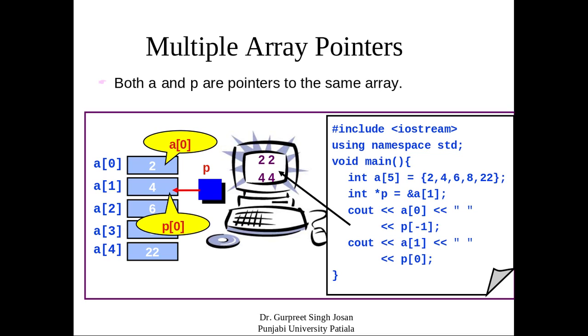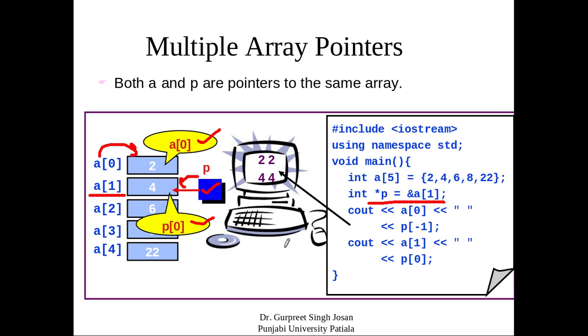So you can also do this kind of task, that instead of writing a, you can assign it any other location also. For example, here I am assigning &a[1]. So &a[1] is the address of the second location. So the address of the second location is contained in p. So if I write p[0], then this second location will be used. a[0] means the first location, p[0] means the second location, because for a the first address is this one, for p the first address is this one.